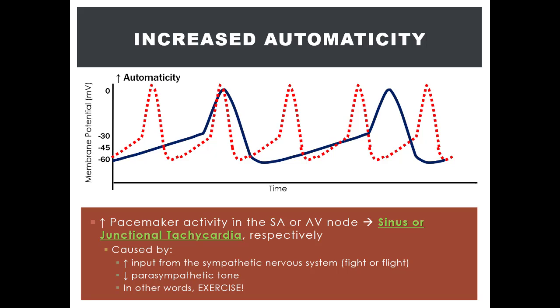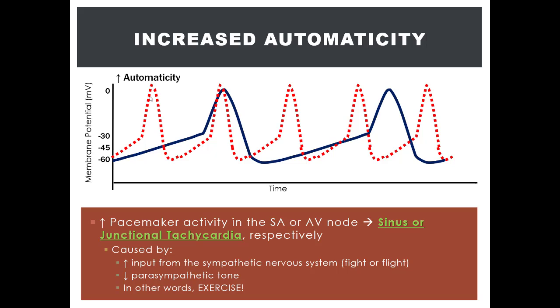Now, as you can see, within a given time frame, as represented by the x-axis, there are more action potentials generated by the SA node, meaning there is a greater rate of action potentials by the SA node, and thus a greater heart rate. Now, let's examine the red dotted line versus the blue dotted line. The reason why more action potentials are generated by the SA node per given time is because the depolarization is much more rapid. You can see the initial depolarization here caused by the funny channels and the sodium influx is more rapid. And the depolarization caused by the T-type VDCCs and calcium influx is more rapid.